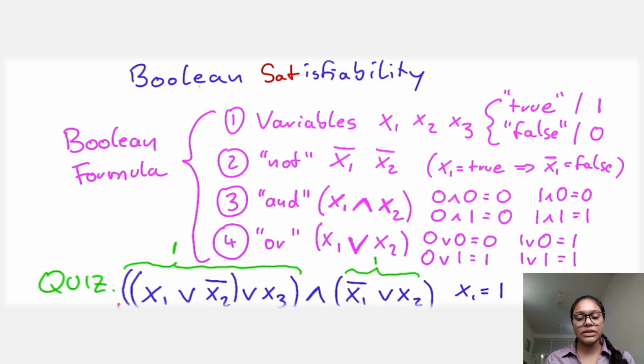Boolean formulas are very simple structures and consist of four building blocks. The first one is the variables. The variables can be displayed using x1, x2, x3, and so on. Each variable can take only two values, either true or false. True is also represented as 1 and false as 0. The second one is the NOT operation, which is performed on a single variable, where if x1 is true, then the NOT of x1 is determined